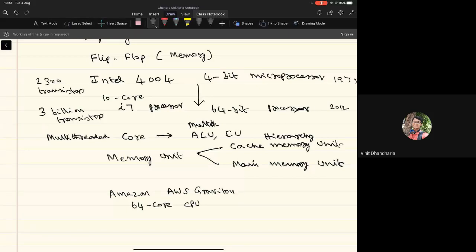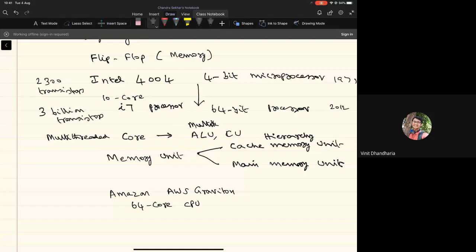right? So earlier we talked about a 10-core i7 processor, where each core will consist of multiple ALUs and a control unit. Now we have to think of a processor with 64 cores, which means that this CPU can support the execution of 64 different applications or 64 different processes, and each of these cores can support multiple threads of the same process by using the multiple ALUs present within the core, right?